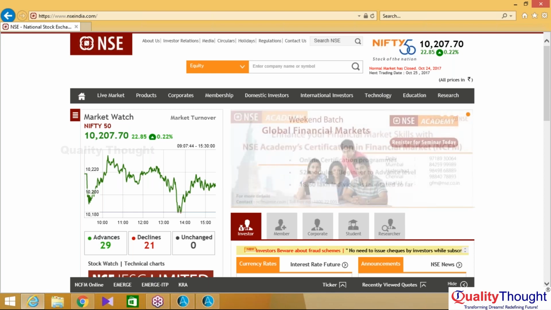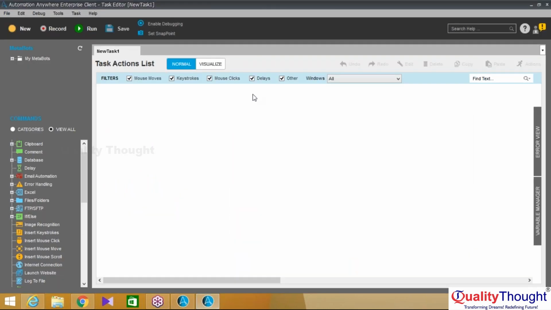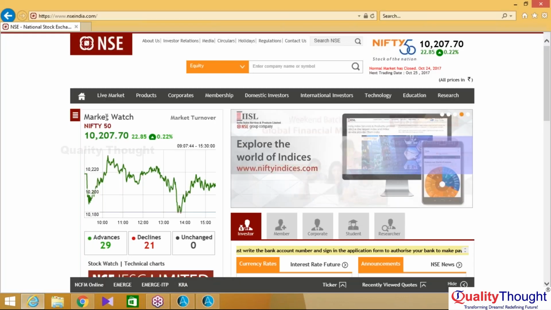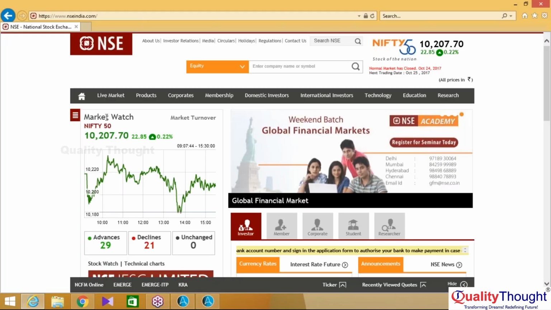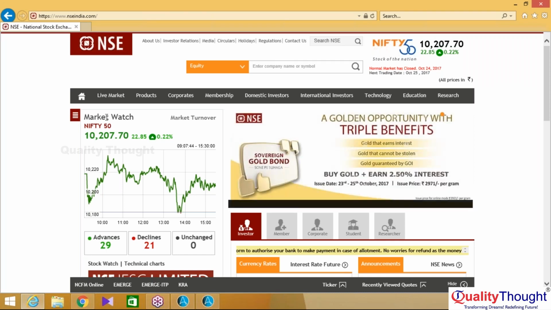So we will use two types of delays. Basically, in an automation environment, we have two types of delays. One is dynamic delay, and the other one is static delay. Always we will use dynamic delays. Dynamic delay means, if your website loads within 5 seconds, and you told your robot to wait a maximum time of, let's say, 30 seconds,